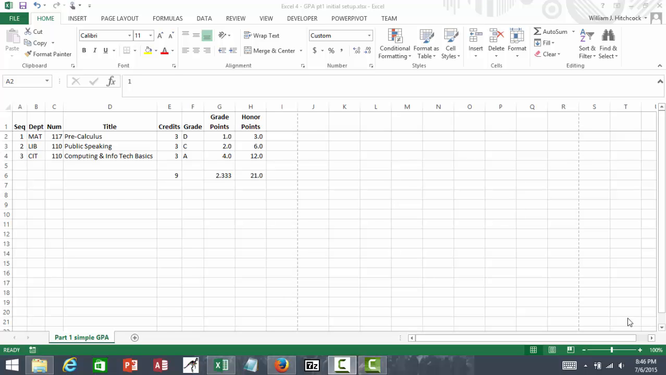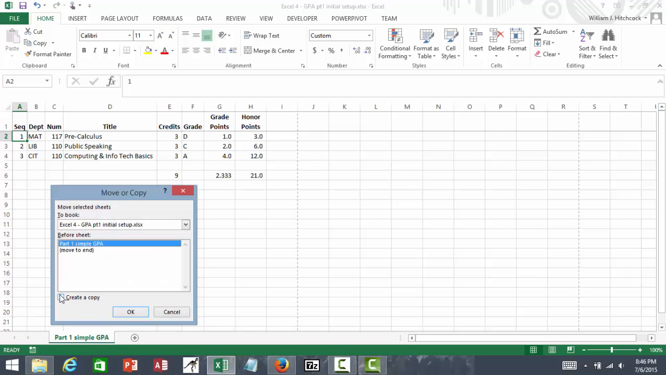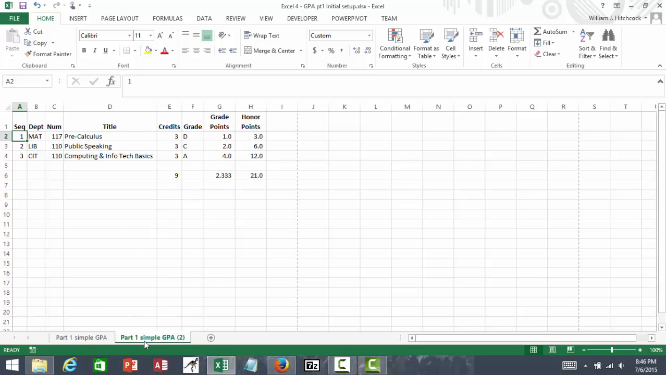Our next step with the GPA problem is we want to make this a little bit more flexible. So what I'm going to do is make a copy of this sheet. I'll right click on the sheet tab, move or copy, create a copy, move this to the end. Rename that, call it part 2,